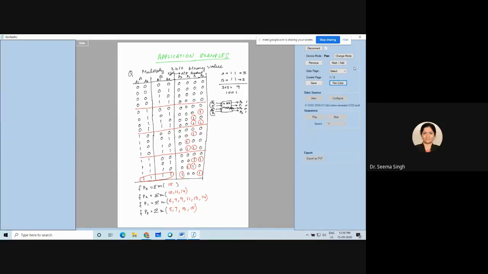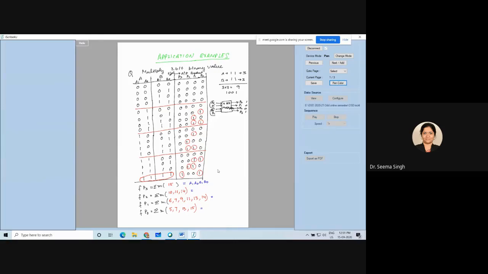Even if you make a K-map, in that you will get only 15 placed as 1. There is no grouping possible. Because there is no grouping possible, why make a K-map simply? I can put a circle on it without making a K-map, and I can write my expression for P3. That expression will be A1, A0, B1, B0. So when all A1, A0, B1, B0 are 1, 1, 1, 1, your P3 will be high. It will be glowing, right? Same way, now you have to tell me 10, 11, 14, and these three you have to tell me.